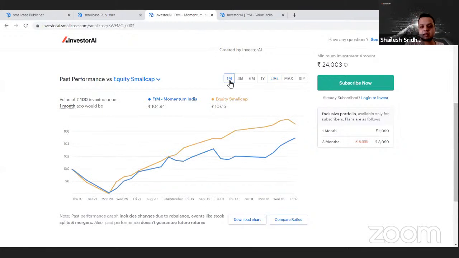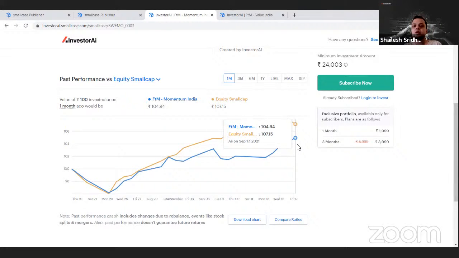If I look at the last 1 month, as you see, the small cap indices, we matched the index performance on the downside. We never fell more than the index. Only during 1 week, the algo picked some large caps over small caps. And that's why when the small cap index went up, we didn't go up as much. And then again, last week, we picked small caps, and last week was a great week. The index went up almost nothing, or up 2%, and we went up like 4%. So there was another 2% outperformance last week.